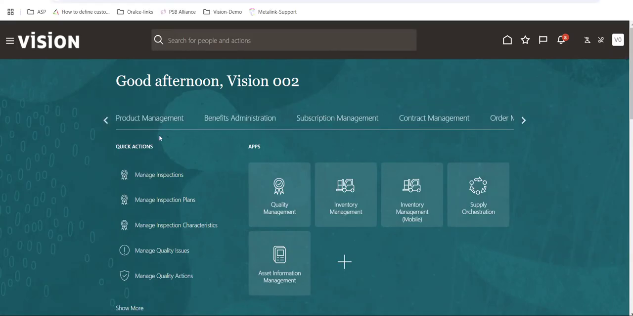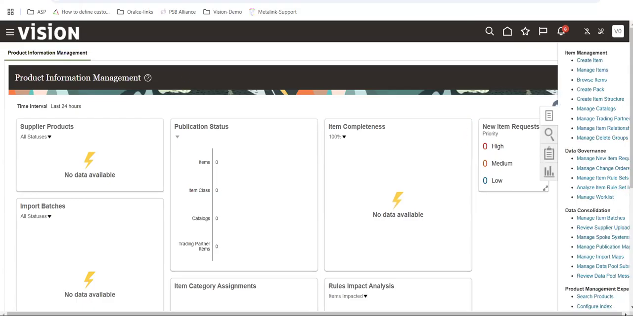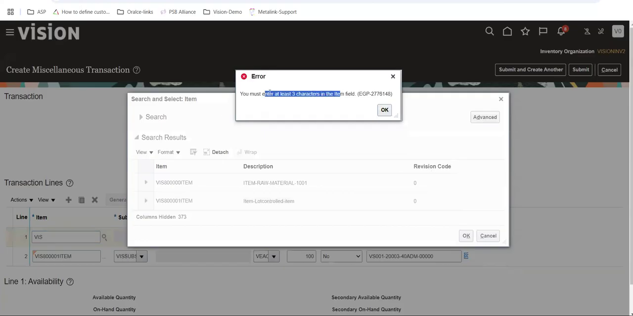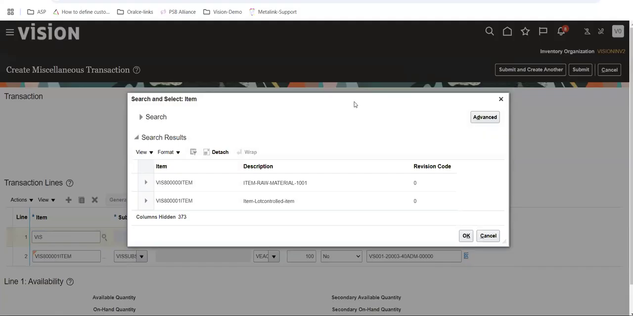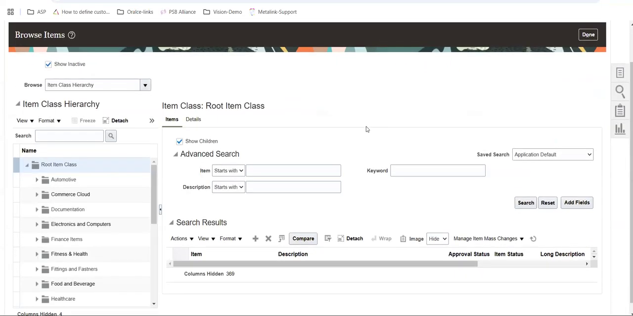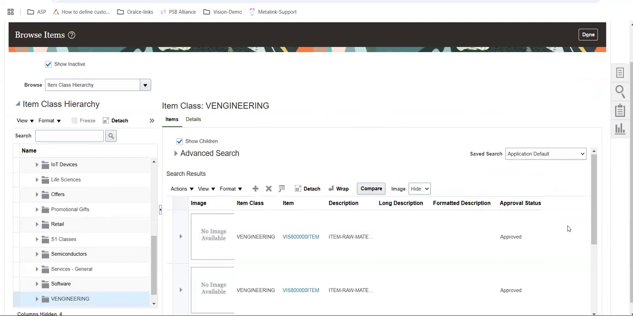Okay, let me check. Go to product management. Always remember here, minimum 3 characters are required to fetch the data. If you give only 1 character and click on search, it will ask for minimum three characters. Okay. So we will go to browse items, because manage items we also have to enter. If you go to browse items, now you select your class here. So V engineering is the class. Now if we see,